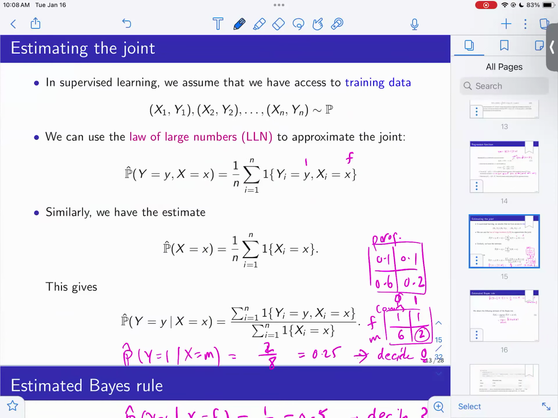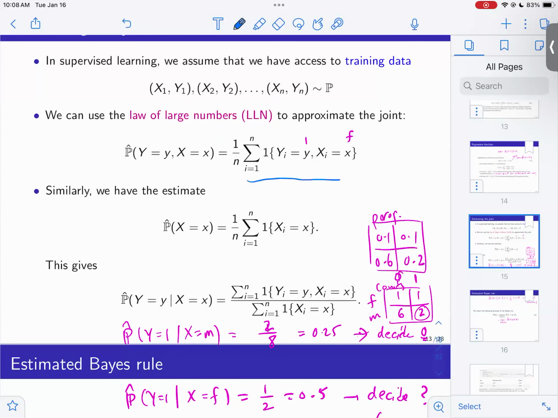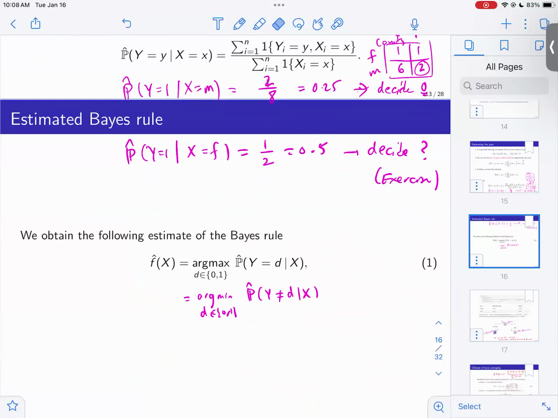If you go back to these, that's how we estimate the joint. This is also by the law of large numbers. You can see it here. This converges to the joint probability distribution. And so this is a good approximation of the conditional distribution. And I plug that into that formula, and that would be my rule. So that's the plug-in. Or you can say the estimate plug-in optimal rule, the one that has this here. Just plug in the estimate.